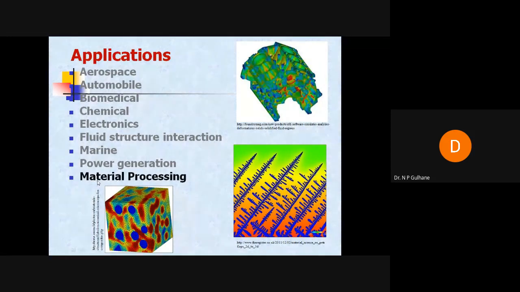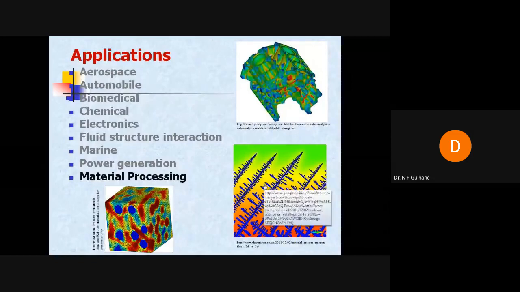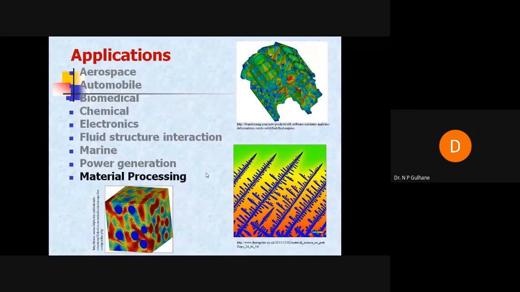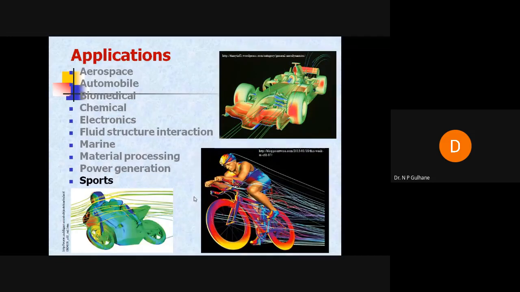So the composites which you are using for aerospace or defense material, that material, even at a certain temperature, should not change its microstructure. So that is why, to study such material processing, its microstructure and flow behavior, we have to take the help of computational fluid dynamics, and that helps a lot.